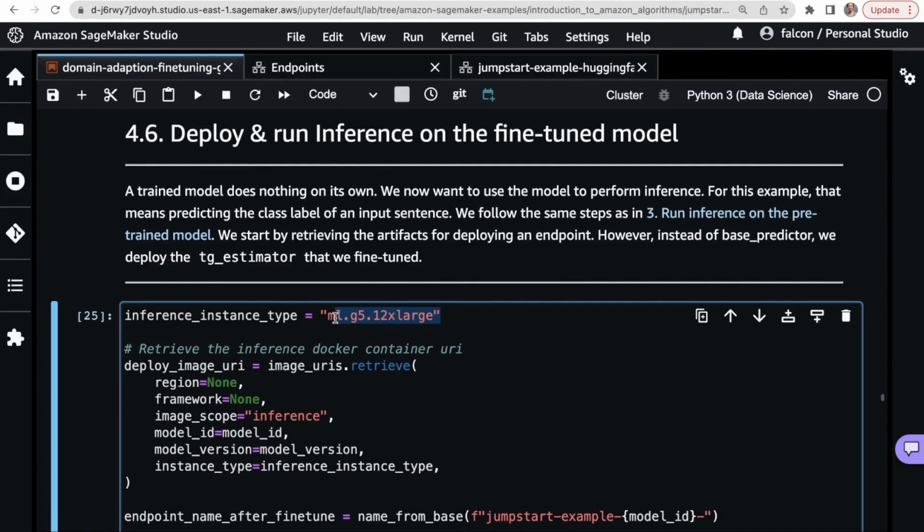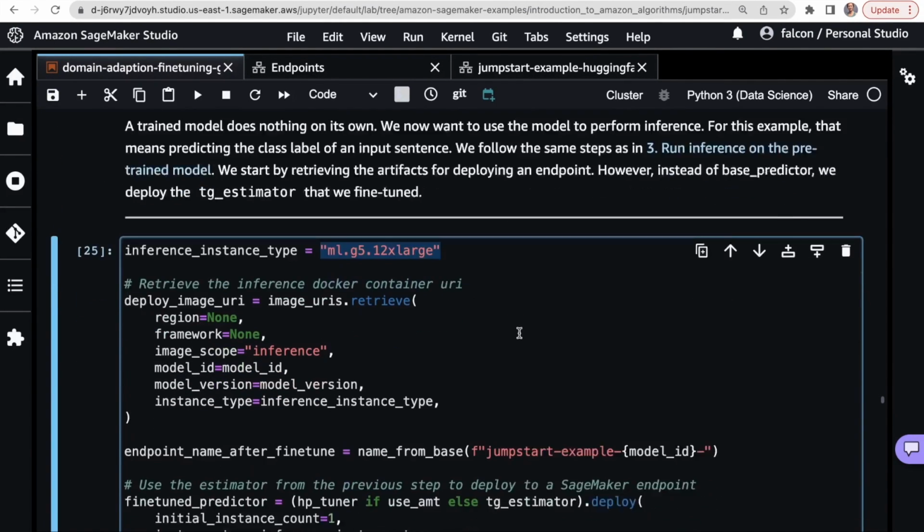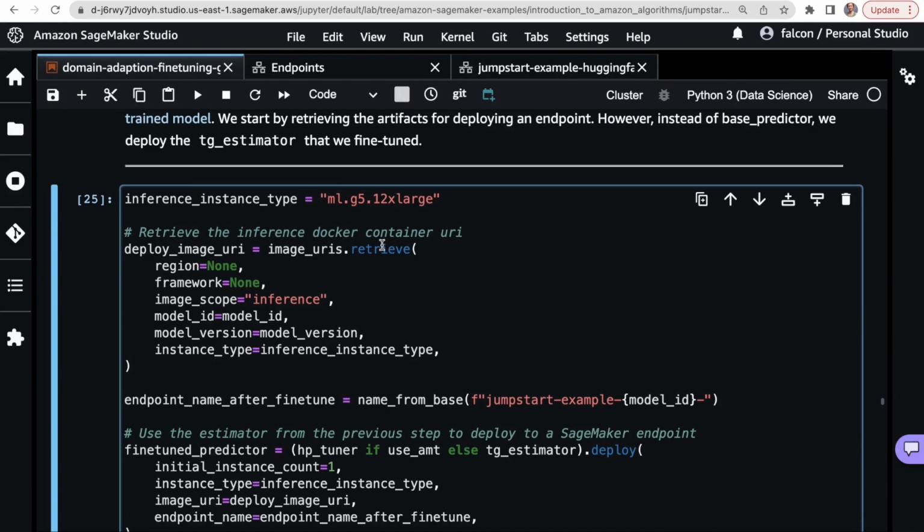So now we'll deploy onto another G5, and we'll use the same software framework we've been using previously. So we're going to retrieve the image URI, and we'll pass the model ID, the model version, and then the instance type.